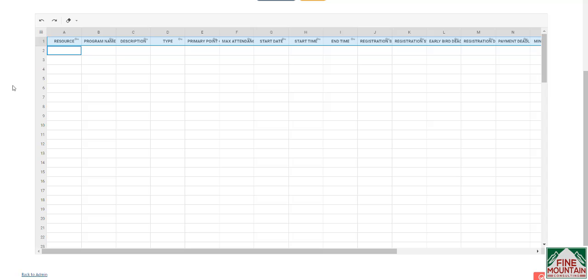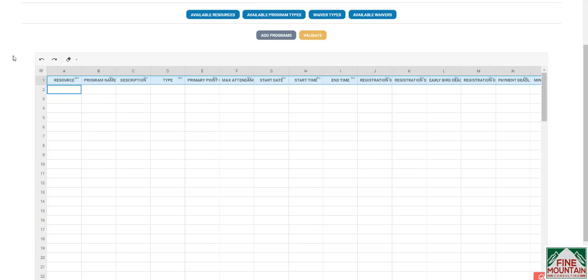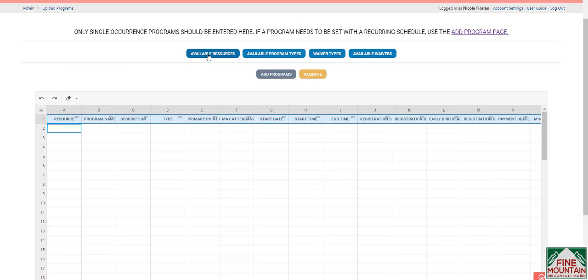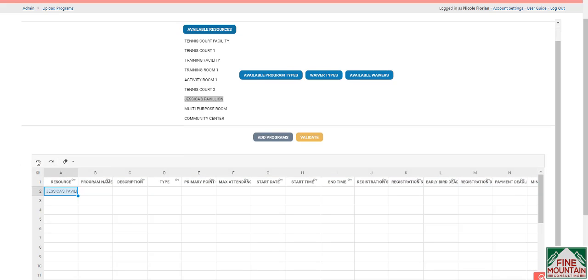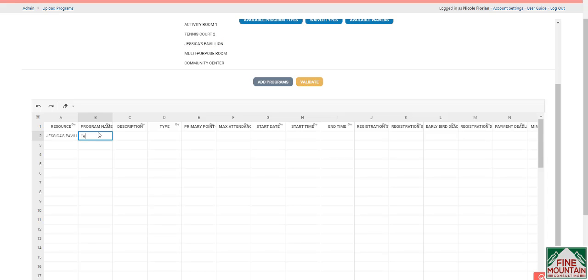So for example, I want to add a new program to my database. So first I need to select a resource for this new program. So I'm going to click on the available resources here and then copy and paste which resource I will be assigning to this new program. Okay, and then I'll set my program name